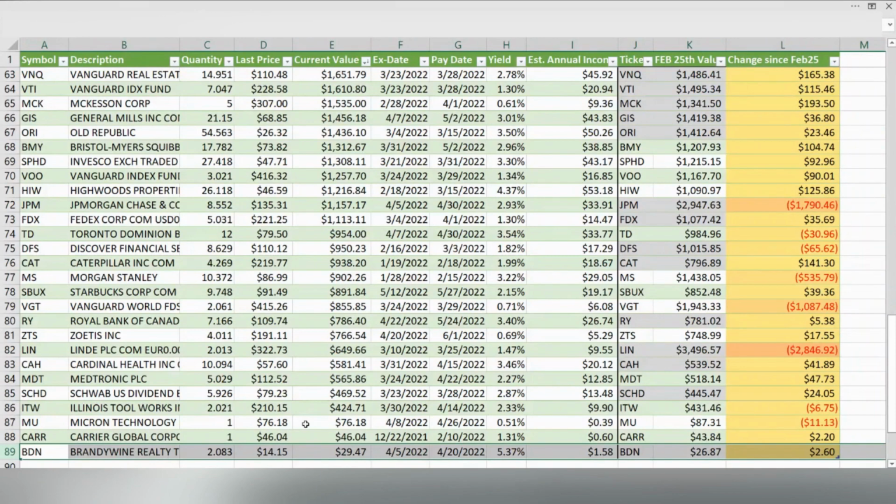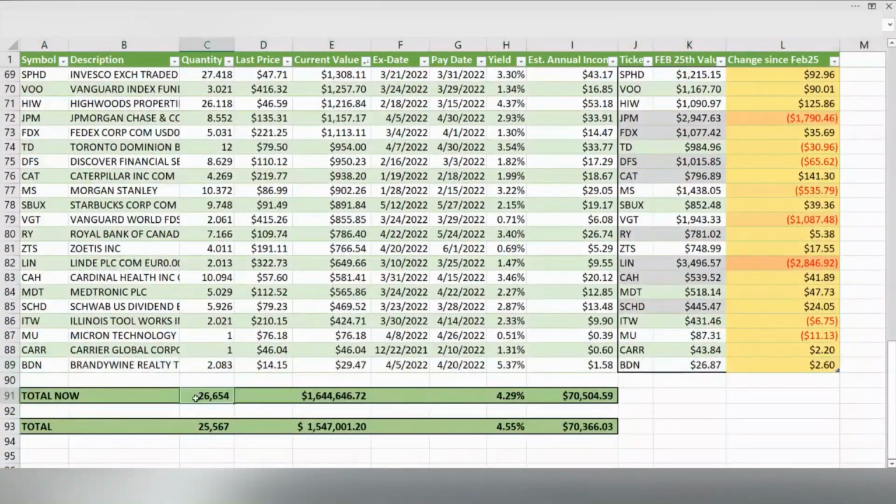And so all of that adds up to 26,654 shares, $1,644,646, and a weighted yield of 4.29% and an annual income of $70,504 in dividend income. Now, last time when we reviewed the dividend portfolio, I had 25,567 shares, $1.5 million,